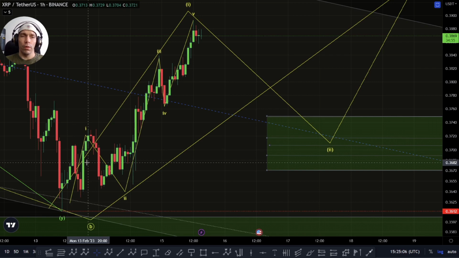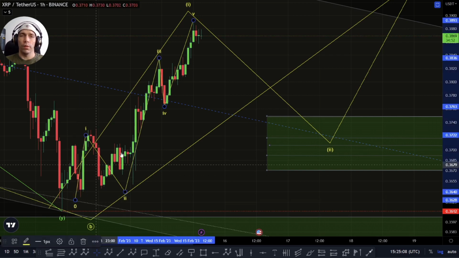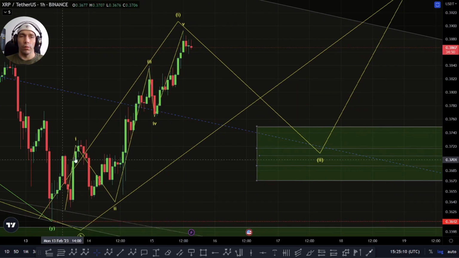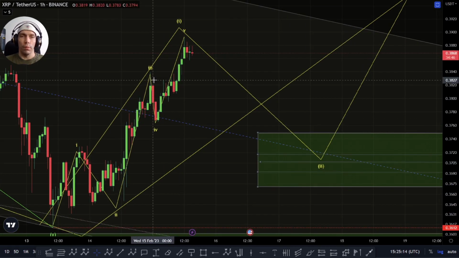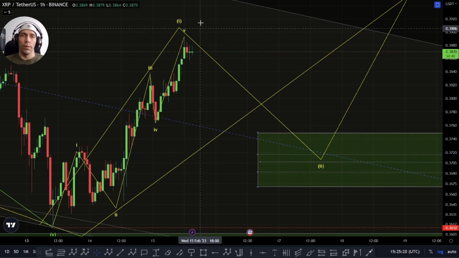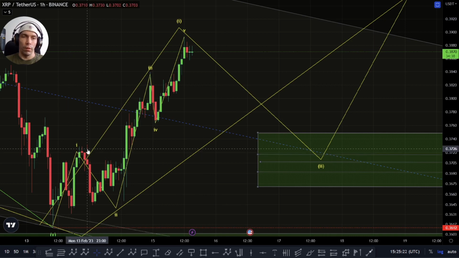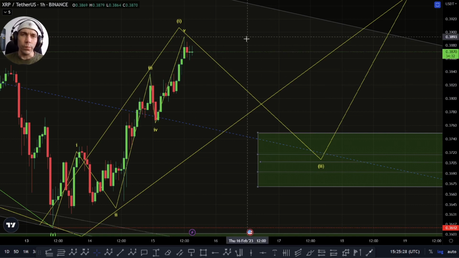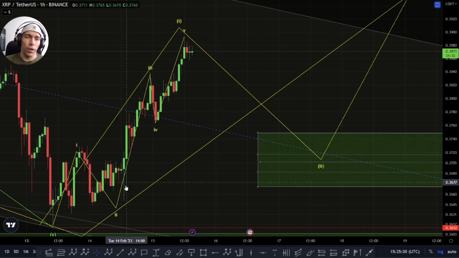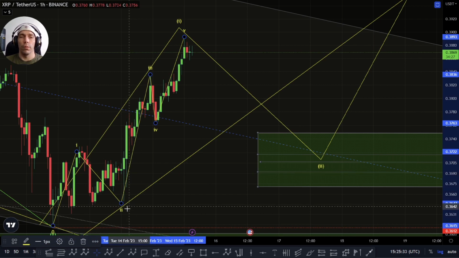The problem is we can't really look at it as a diagonal because the fact is we didn't actually cross this wave one yet. The only way we could look at it is we'd have to push this third wave up here where this is 1, 2, 3, 4, 5. That would be a B wave, would form another 5-wave move, and then we'd look to actually break down and cross this. And then this would actually turn into an expanding diagonal if that was the case, and it wouldn't be very choppy. So I'm just looking at it as a normal 5-wave structure at the moment,